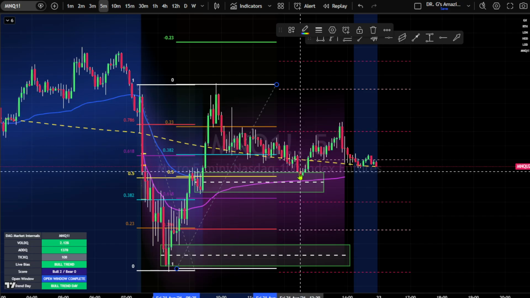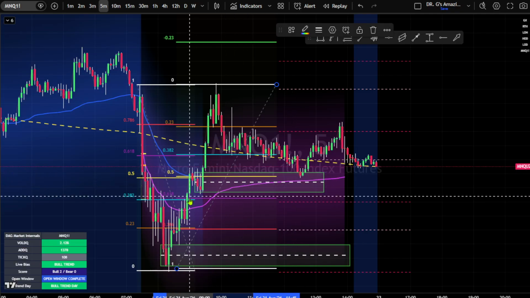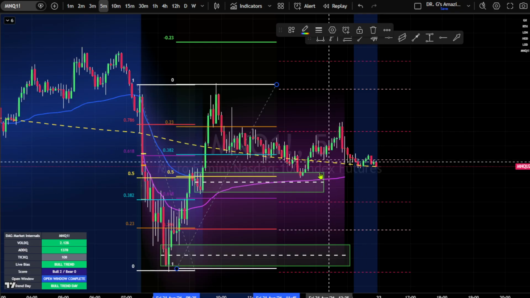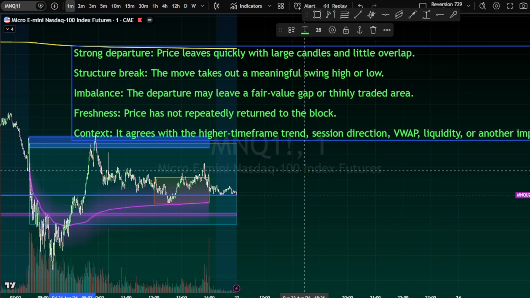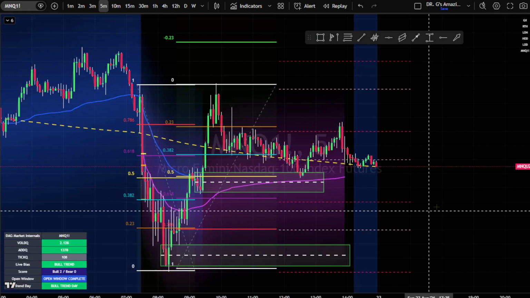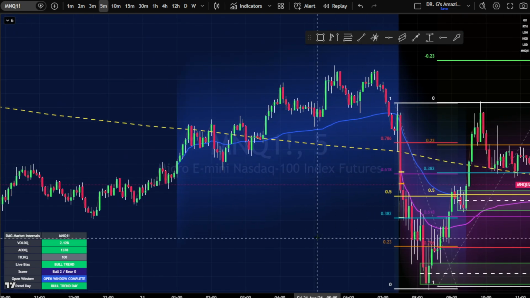And if it came back down here to the 50, obviously it's a Fibonacci. The order block, the VWAP, everything lines up. This was an easy call going back up. Okay, and finally, it agrees with a higher time frame session, and the VWAP. I'm not sure where the VWAP was over here. If we started it out,